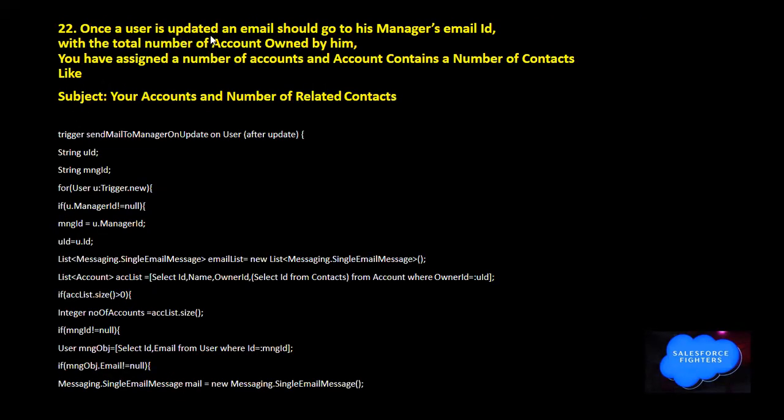Next question, once it is updated, an email should go to the manager's email ID with the total number of accounts owned by him. Subject: you have been assigned a number of accounts. The content: the number of accounts and the number of related contacts. Example,